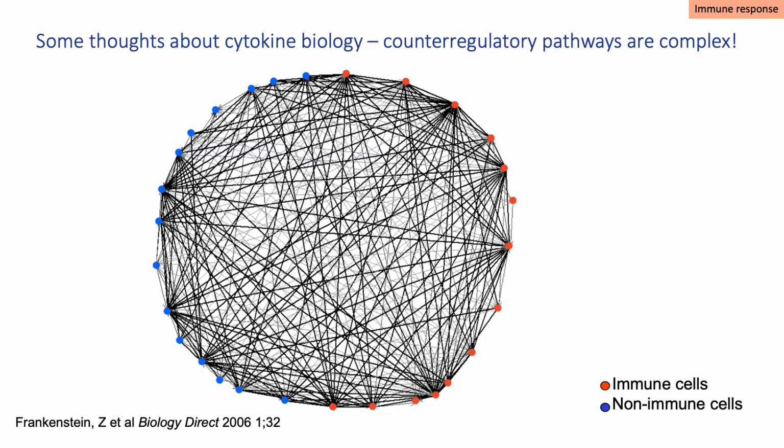In fact, the authors point out at the time that the only networks that were then known to be as complex were the World Wide Web, and believe it or not, the social interactions of teenagers. Well, of course, those of you with teenagers will believe that very well. The key thing in this study was that we then have to think about how a molecule like TNF sits as a pivotal regulator of such a complex network.